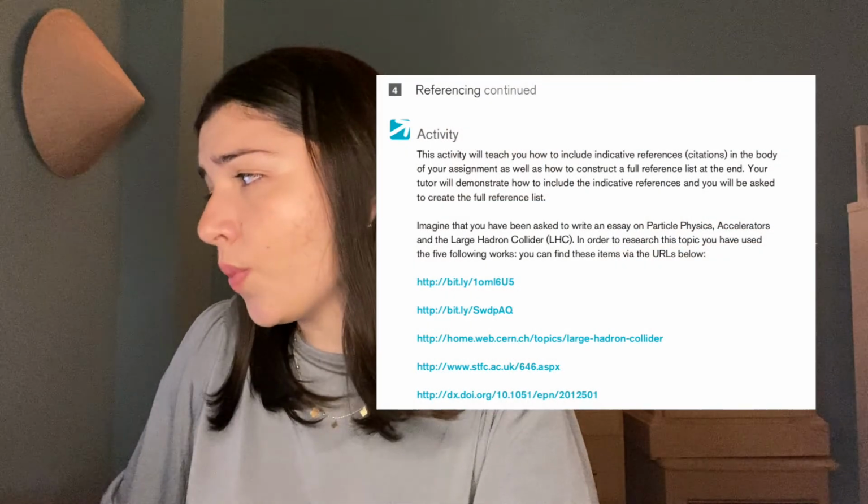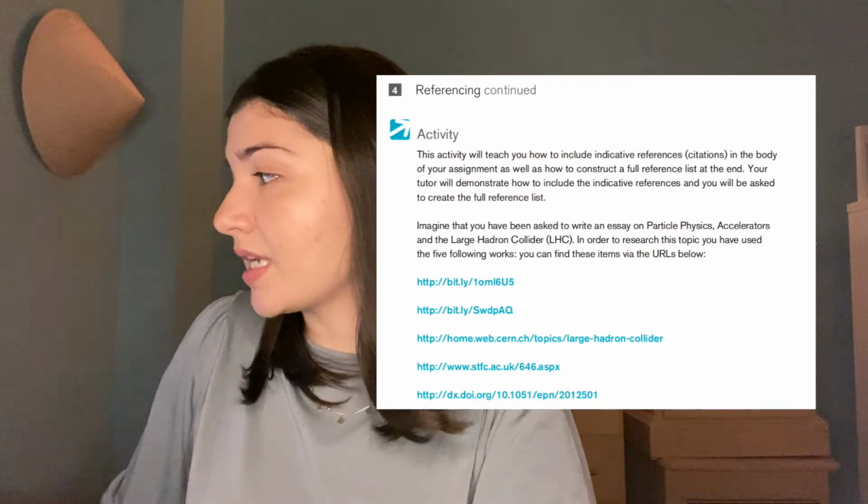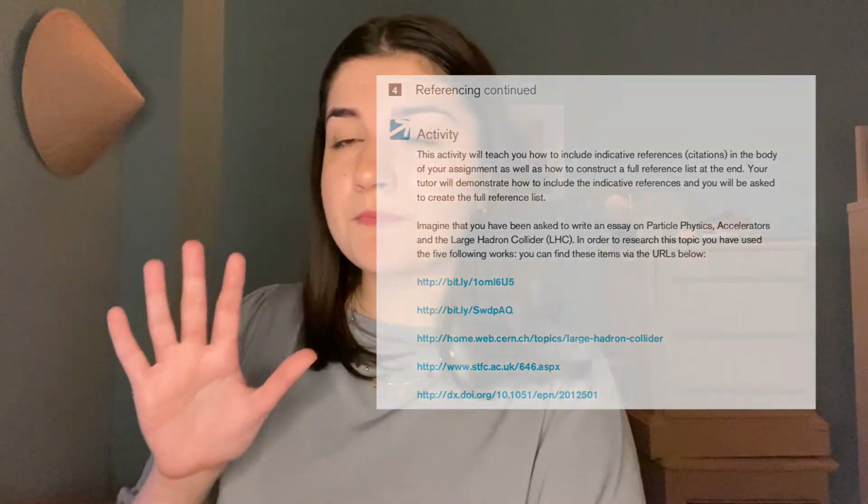You're also lucky, guys, that you have homework. The homework is page 13 of the document. Page 13, as you can see, 5 links. I want you to open every one of them and see if it's a website, a book, or an article. And I want you to reference them in a Word document the same way I've showed you how to reference on Word earlier. It's okay if one of the links might not work. You can just ignore that one.